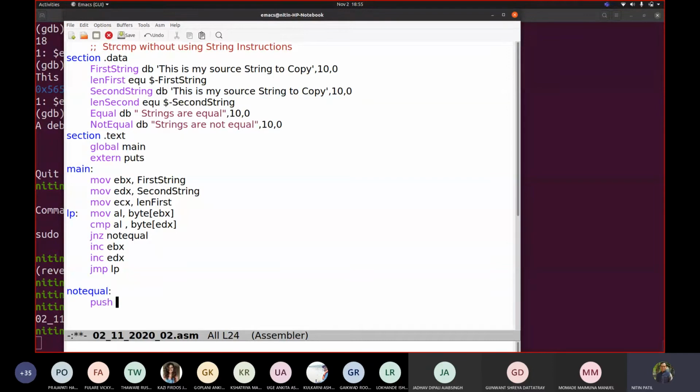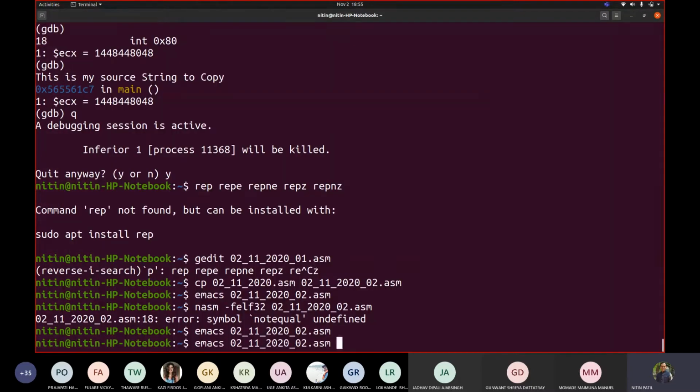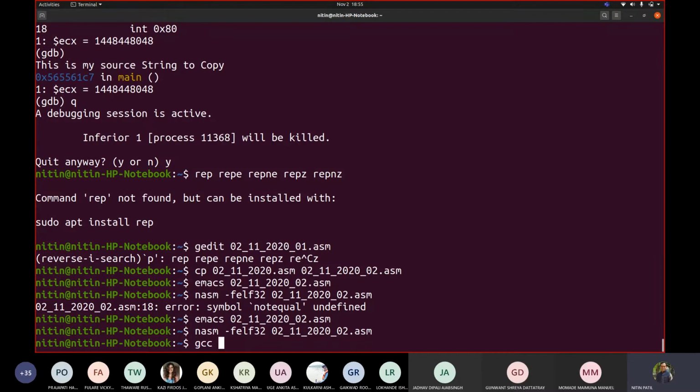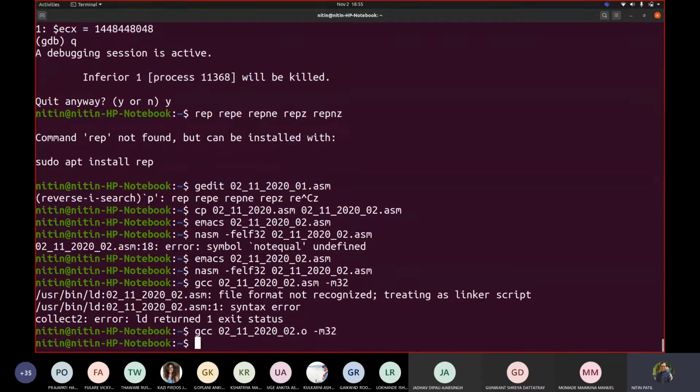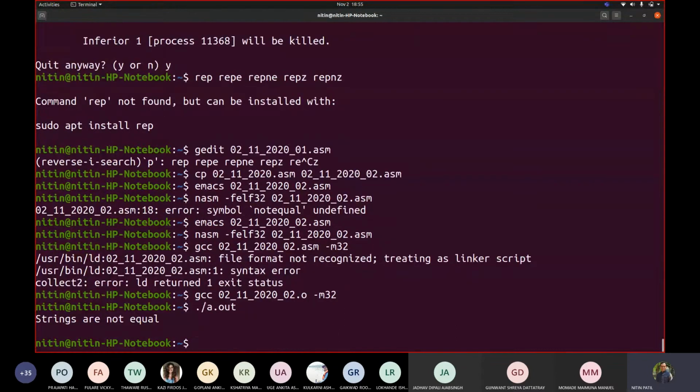Sorry, push not equal, call puts, add ESP, 4. So let us do this. NASM, GCC, 0202.asm, -m32. Execute. So in both cases it will say not equal.